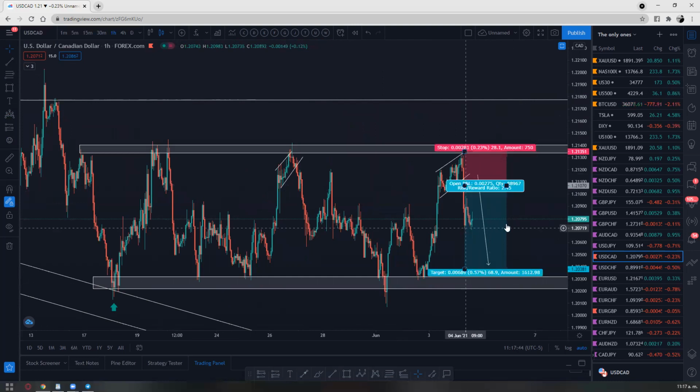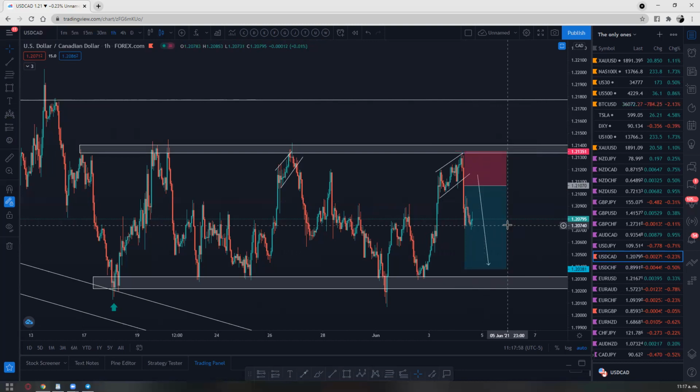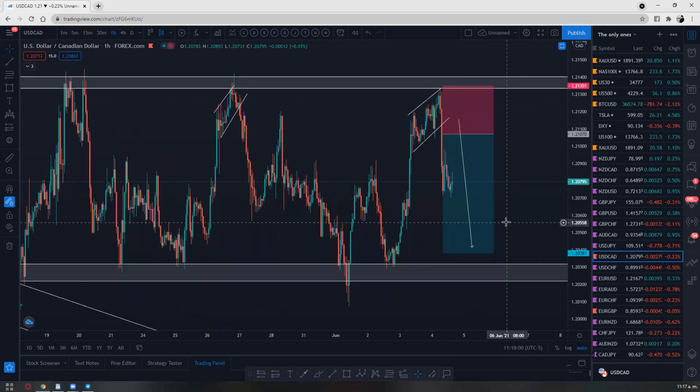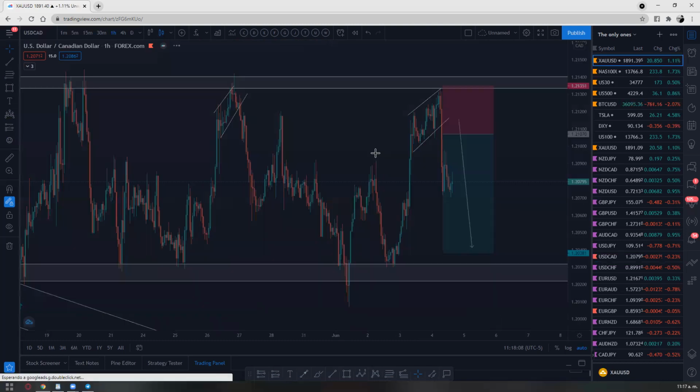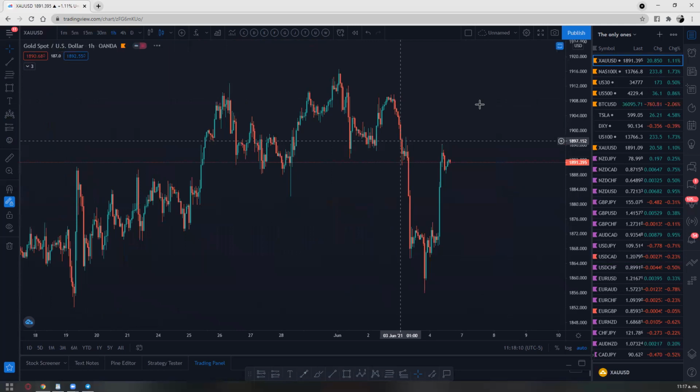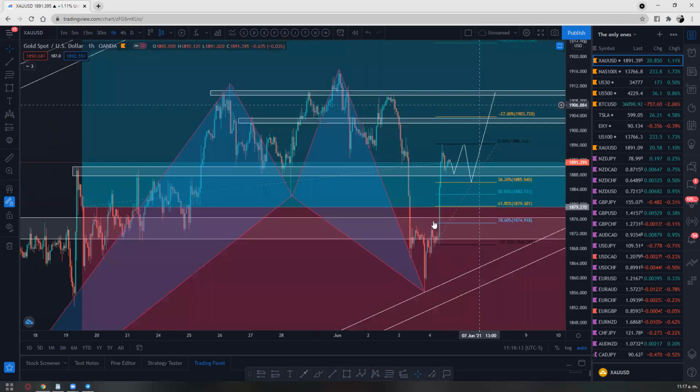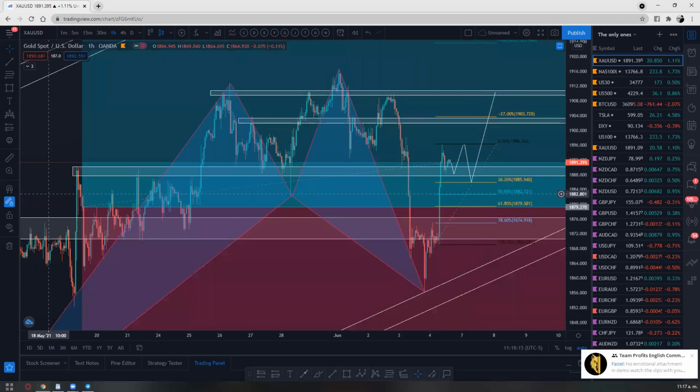Or in the middle, or maybe when the price reaches half of your profit, you should be closing most of it and leaving maybe one open if you want, and move the stop loss to break even and let it run and see how it goes. That's what I usually do with this type of pattern. So you got this one, like I mentioned, plus all the ones that I showed you on gold, which are the most common patterns, and the head and shoulders. It happens a lot.